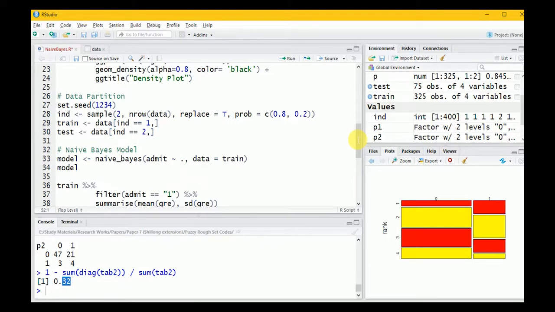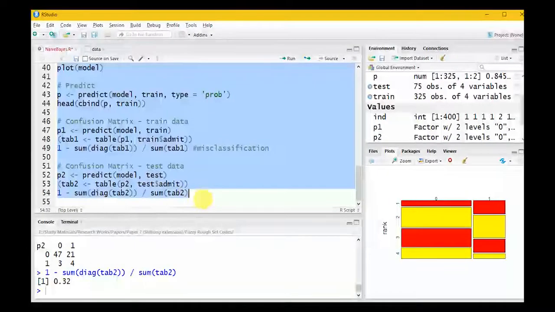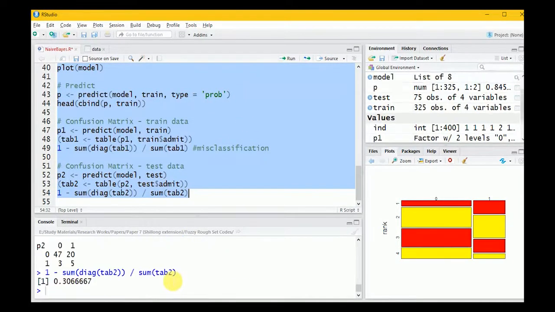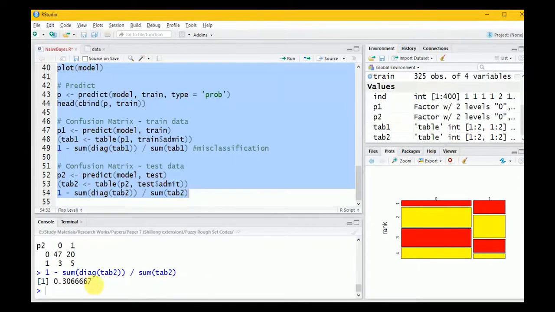This was all for the naive-Bayes model, but what change can we bring if we know the independent numeric variables are not fully, ideally normally distributed? Then instead of normal, we can use kernel. So this is use kernel equal to true while training the data. And now I can run the rest of the code again, and then we can see that